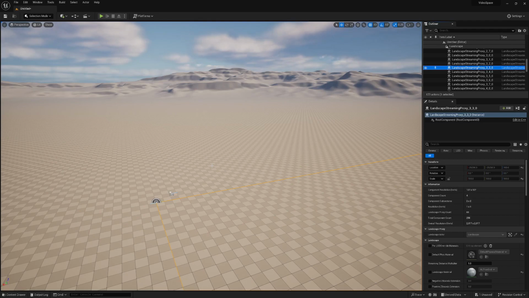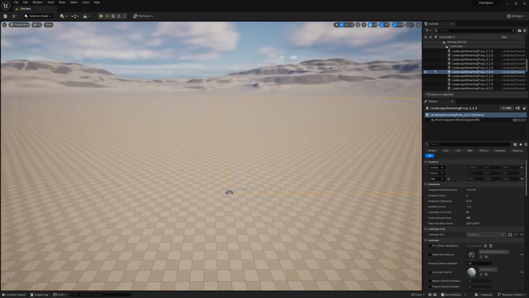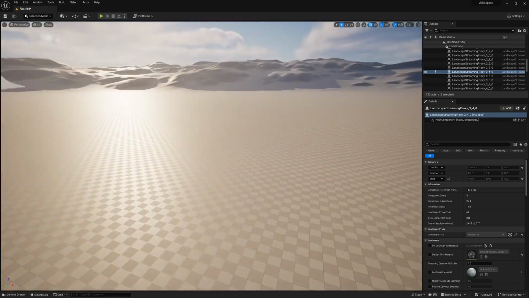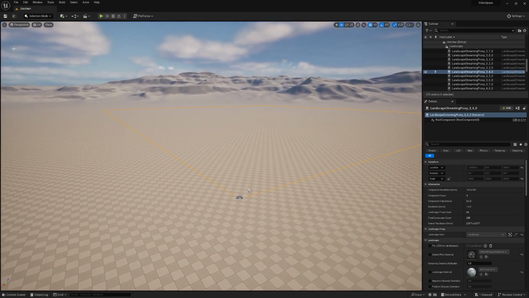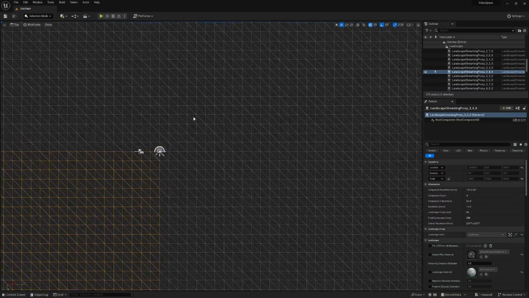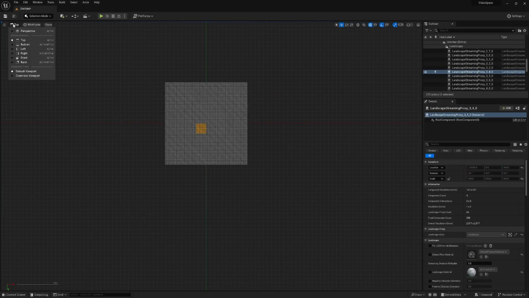Within this perspective view are your view modes. Where it says perspective up here, you do have different views. What you normally see here is the perspective view. It shows what the character, what the player, would see and how it would look for the player. You can go into orthographic mode, so you can see the top of the level,